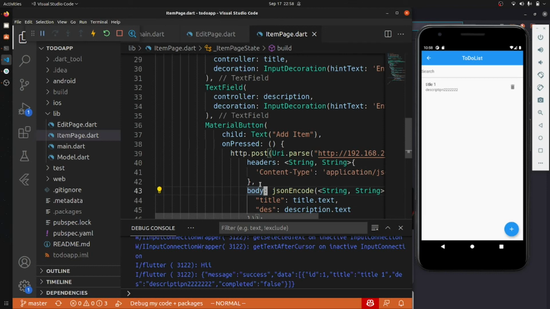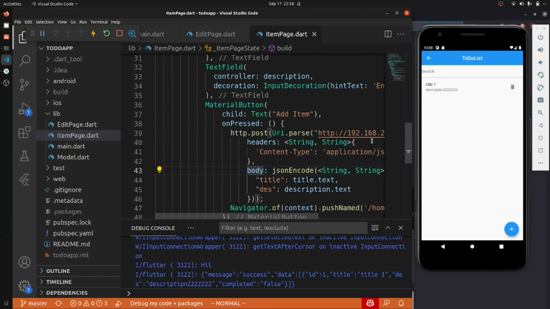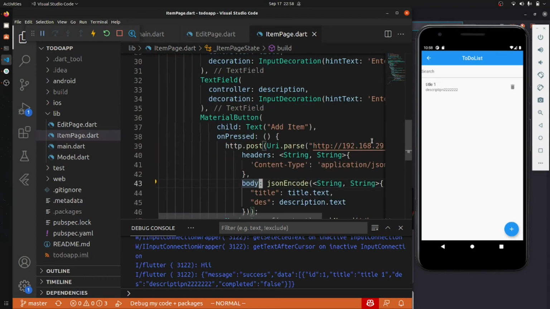Now, because I am not saving my data anywhere, every time my server restarts, I will have to add new data. So you can try to save all this stuff in your MySQL database or MongoDB or anything else that you want, so that the data becomes persistent and you are able to see it in future. And if you want this app to be used by multiple people, then you can add authentication also. That's up to you. This is the way in which we can add other stuff.